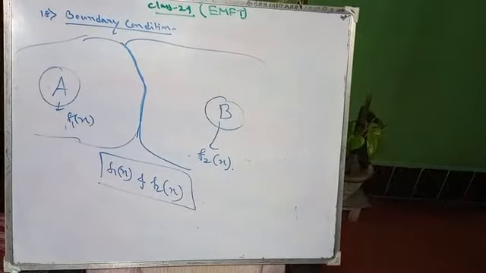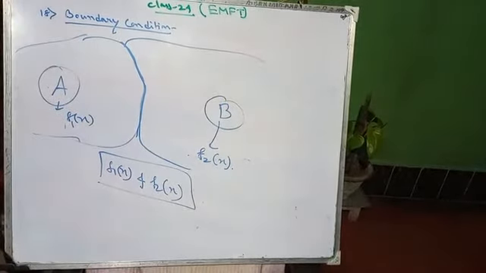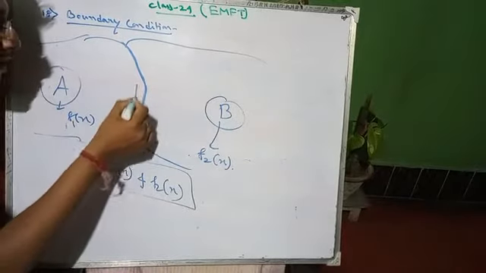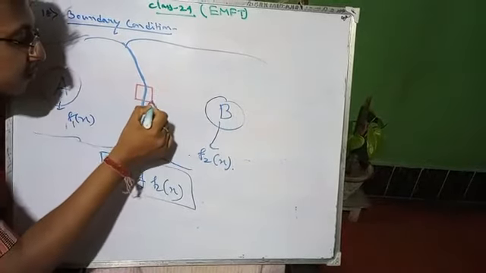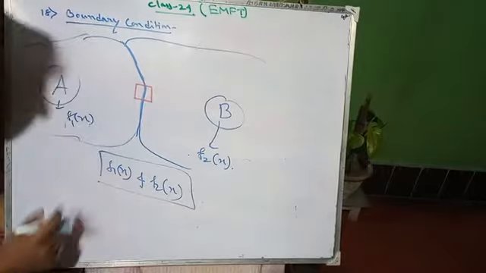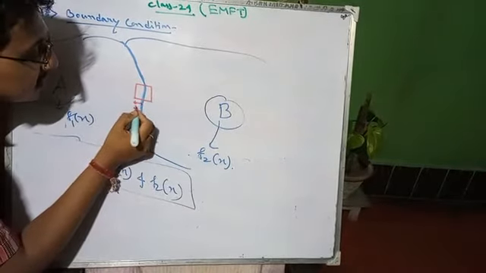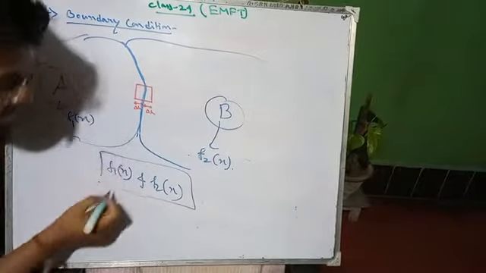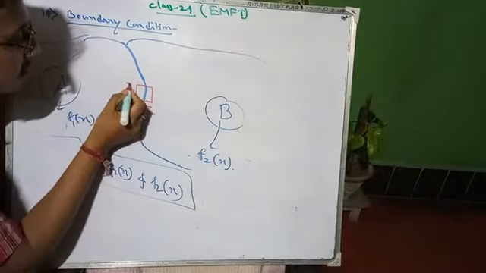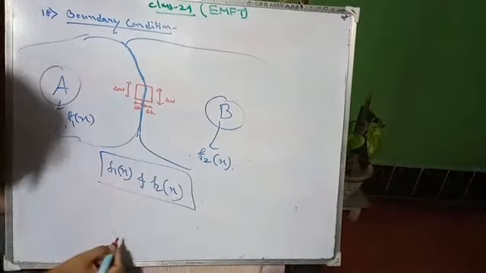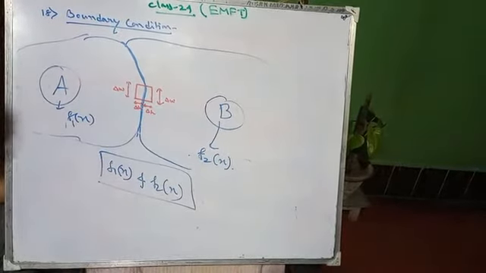So here in case of field theory, we have two types of force. We are taking a closed contour over the boundary. We are assuming a closed contour over a boundary. So consider this length is del h, this length is also del h, and this length is del w, and this length is del w. We are taking the same lengths.